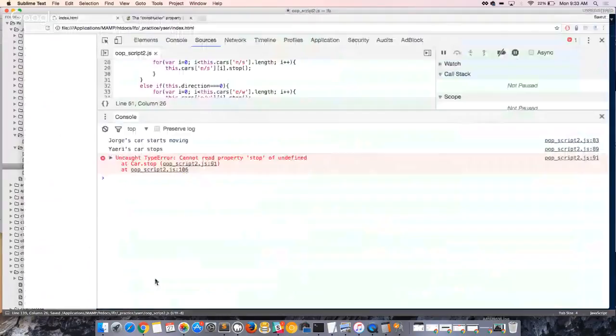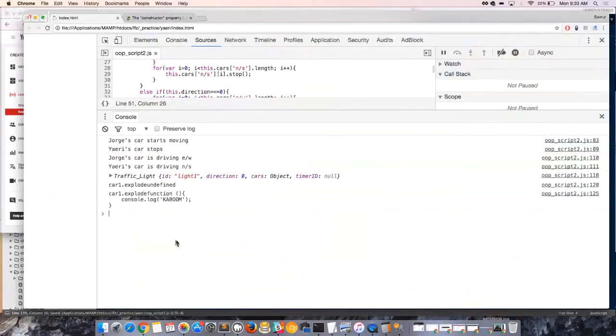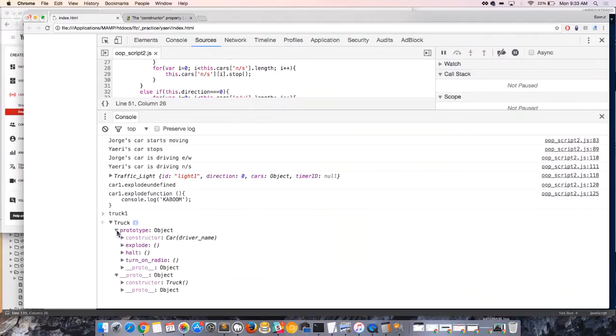And let's just see what if anything explodes first. Truck1, and its prototype. And that's not it. There's something like set prototype. But here I can, for example, see here's explode, halt, and turn on radio. So I could have like, there's a right way to do this. I'm not quite doing it right, but